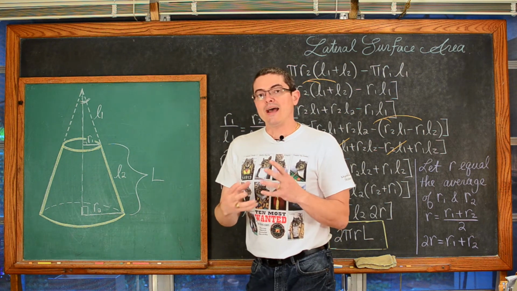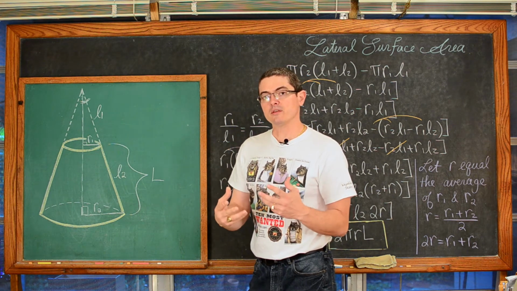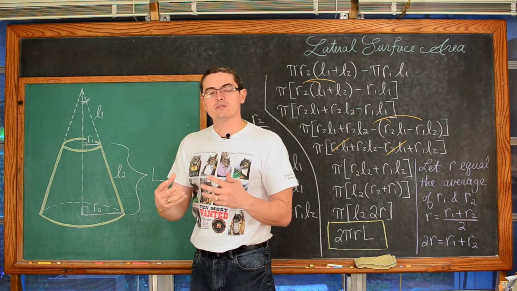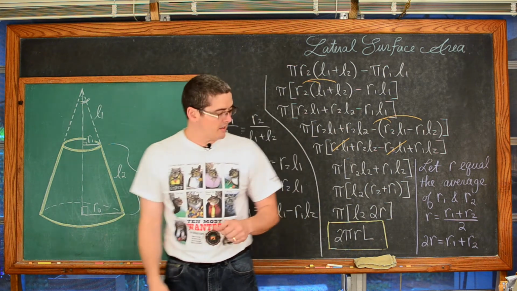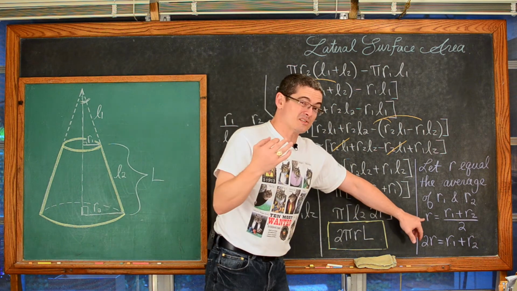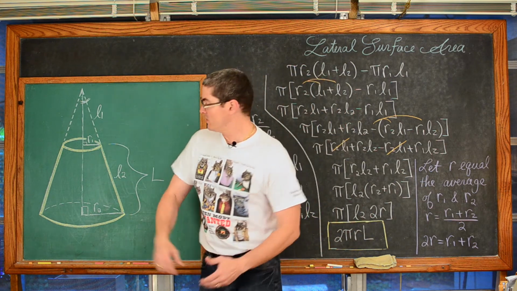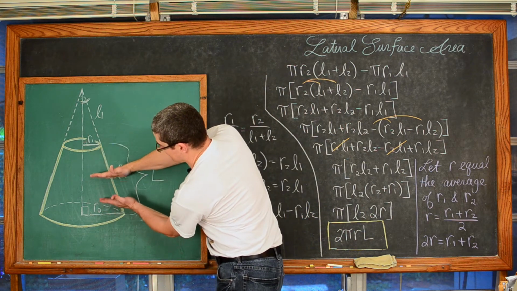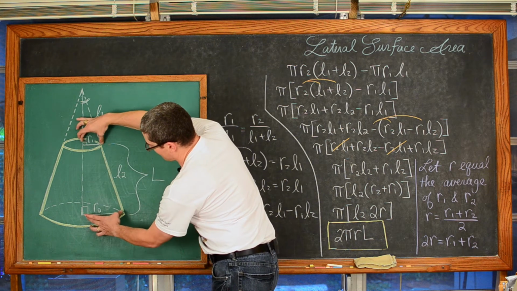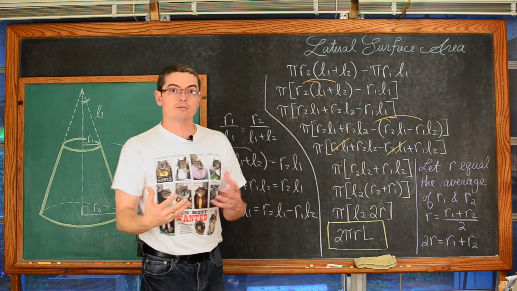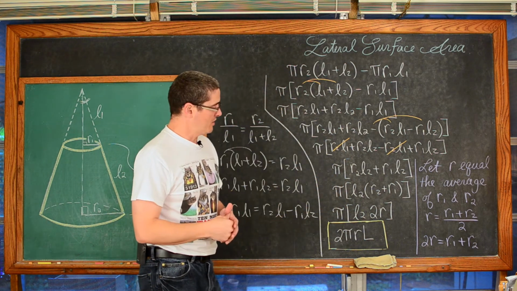radius, we're going to work with the average of those two, very similar to when we were finding volume with the shell method and talking about the radius of those shells, which is the distance away from the axis of rotation. So we're just going to let this new value of r represent the average of r sub 1 and r sub 2. And again, as we shrink the length of this lateral area, the R1 and R2 values are going to become closer together anyway. So it makes sense that we just want to use one variable, r.